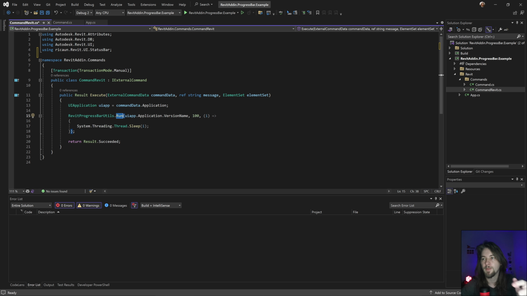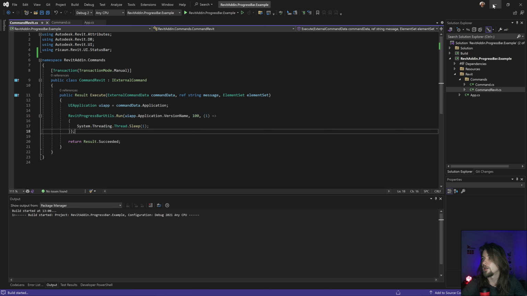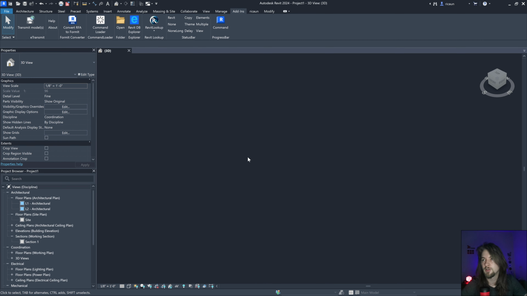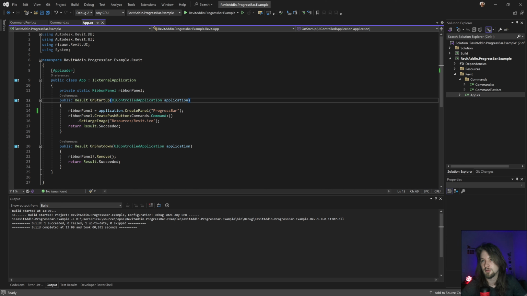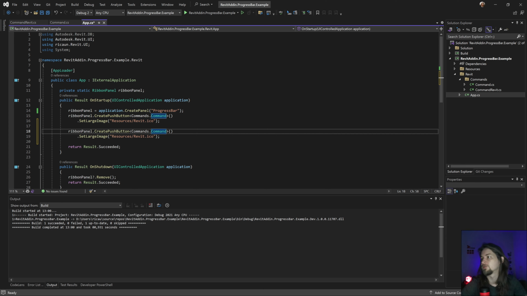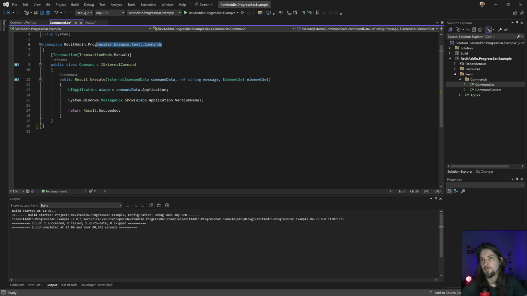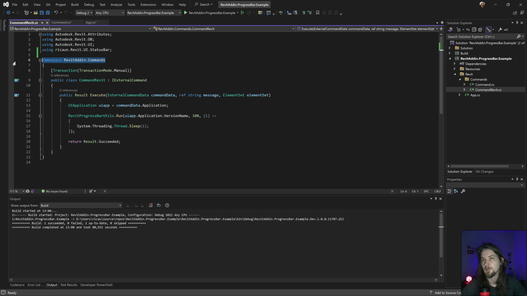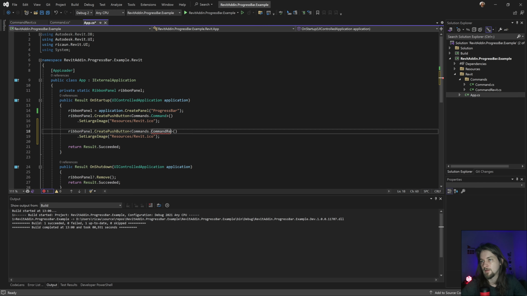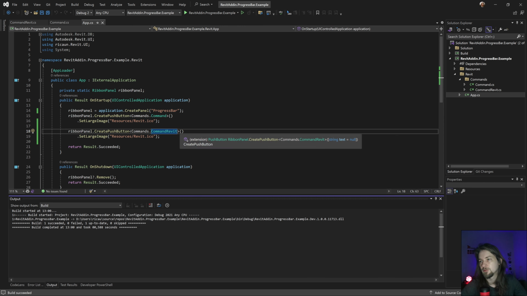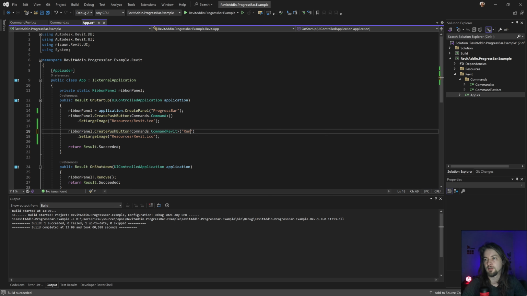Basically it's going to run a loop for 100 counts and sleep for a second each, and let's see what happens. It's not going to appear here, but let's register it. Let's create a new push button. Here's the command Revit, I guess. Let's change the using here. Name misplaced. Yes, this one. Now I can find it. Yeah. So this is going to run, I guess.